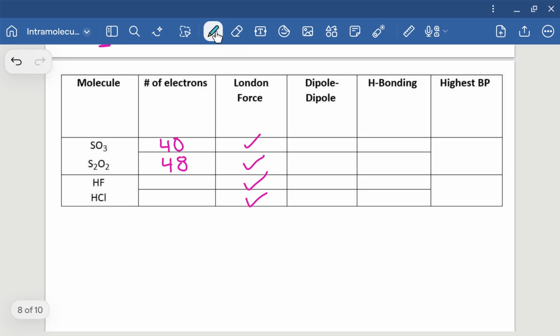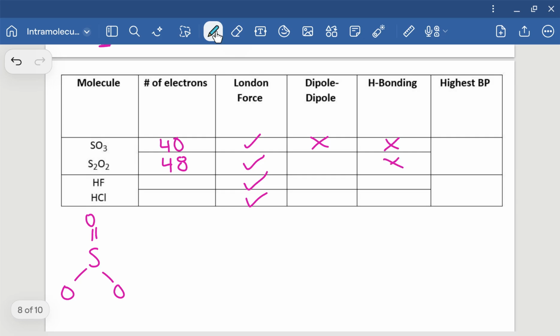Now dipole, you want to see if your molecule has a dipole overall within. So if I looked at the SO3 molecule and started placing, I end up with this shape, and I do get a double bond in there, but because of this symmetrical shape, and this is an AX3 shape, this has no overall dipole. And even though we have oxygen present, we don't have hydrogen directly bonded to it, so it also does not have hydrogen bonding,